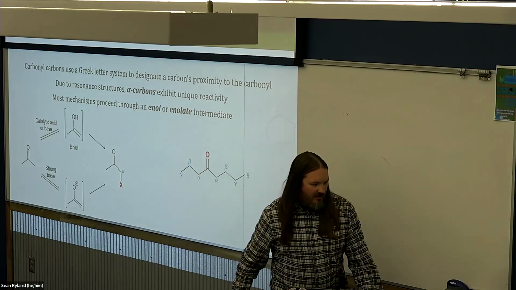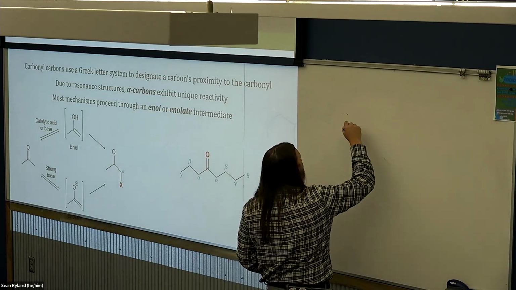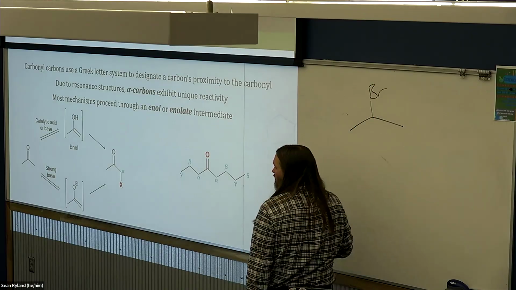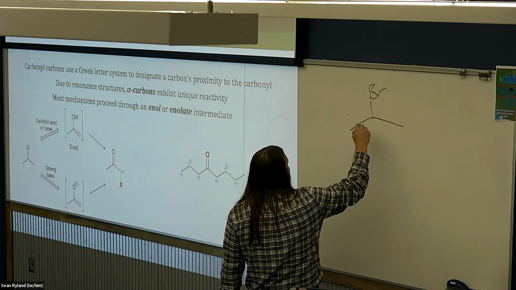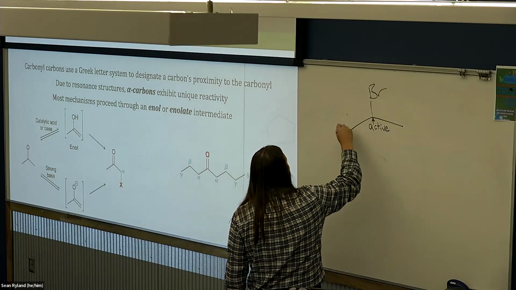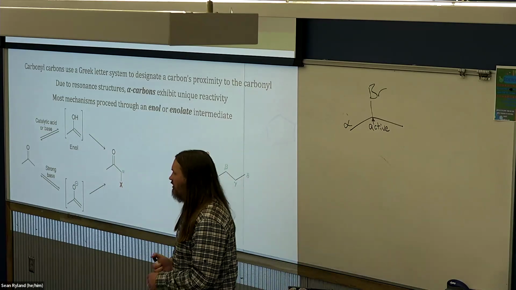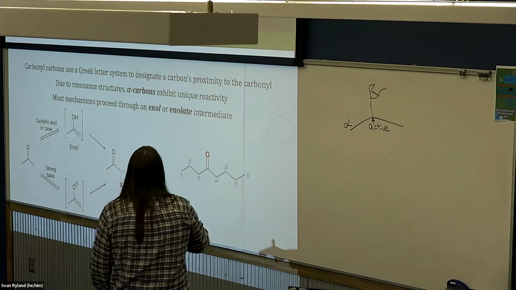And we saw this when we were talking about elimination reactions, right? We had a bromine that was going to get attacked by a nucleophile. We would call this the active carbon and call these the alpha carbons. So alpha carbons in general means one carbon away from the functional group. And then it keeps going down the